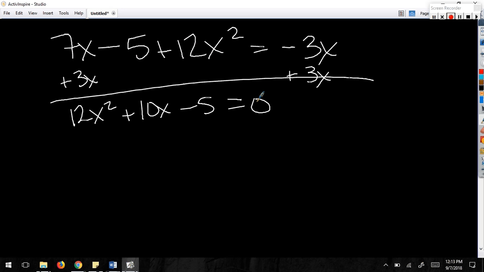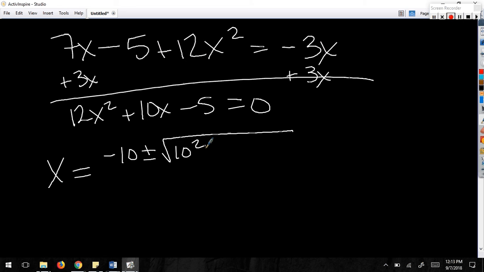So now it's just a matter of plug and chug, okay? Plug and chug. Is this basically the same thing we did in our homework? No? Different formula. We're plugging straight into that formula. So here we go. Opposite B, negative 10, plus or minus square root